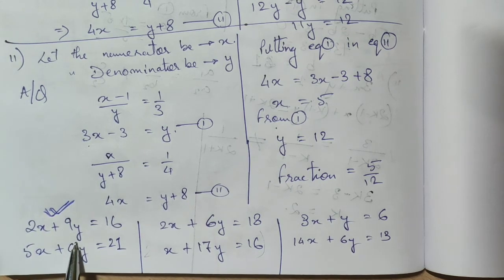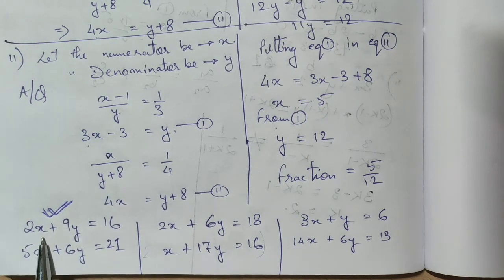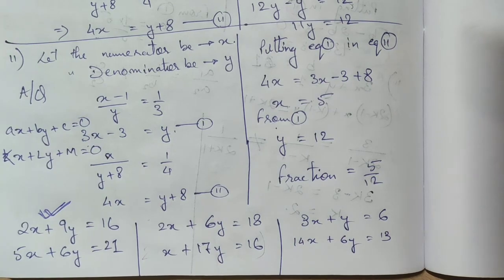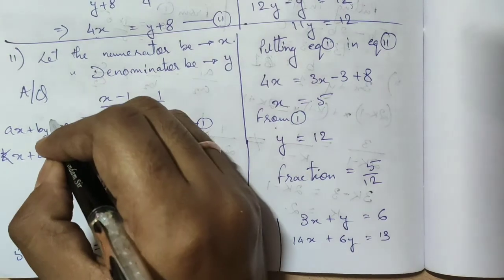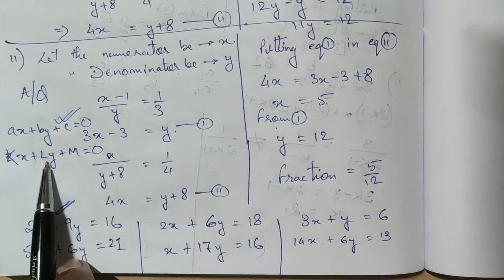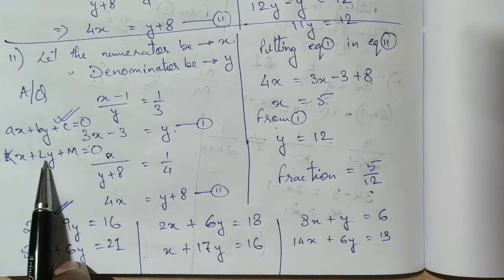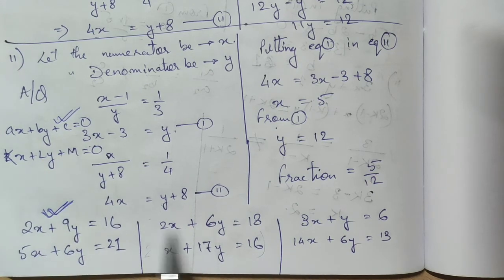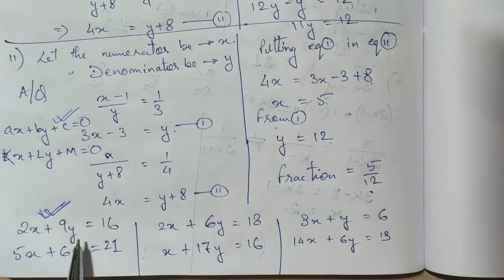These questions are best suited for cross multiplication method. And if the questions are like this one, where we don't have numbers at all, then we should also go for cross multiplication, because there is nothing to cancel, there is nothing to substitute. Best method will be cross multiplication method. So this thing you should keep in mind, which method is suitable for what, if it is not mentioned in the question. Of course, if the question says that you have to apply a certain method, then you have to apply that. Now the third part says that,